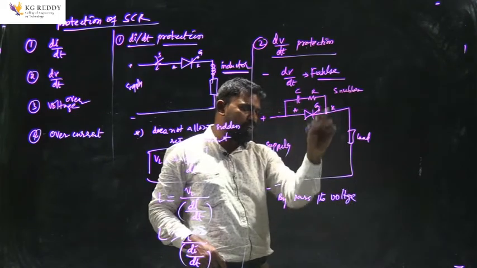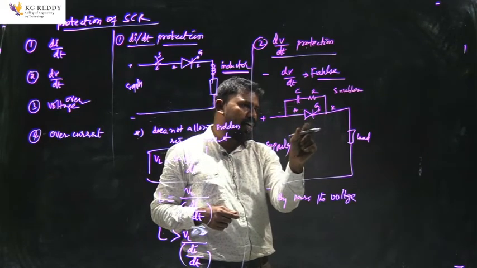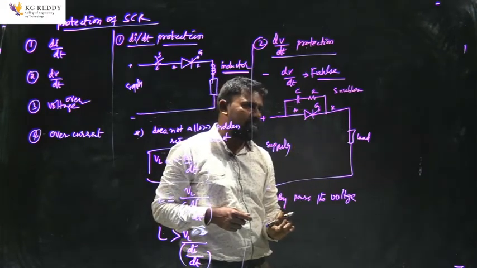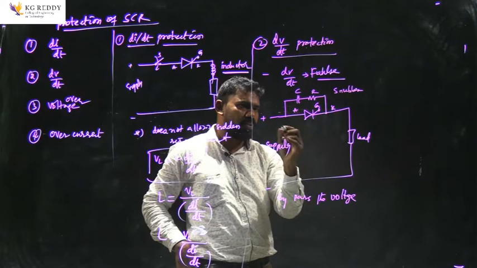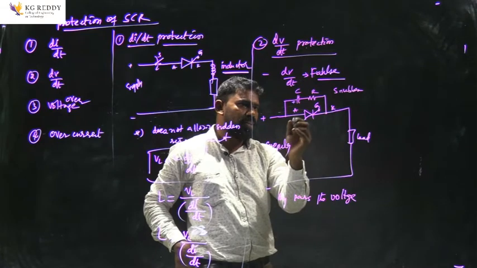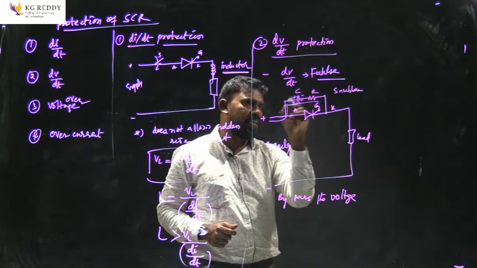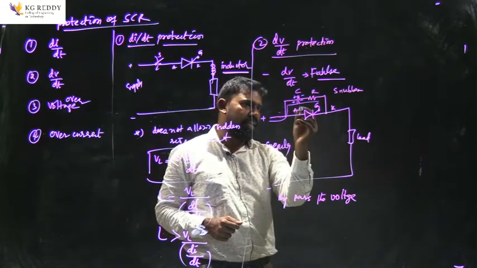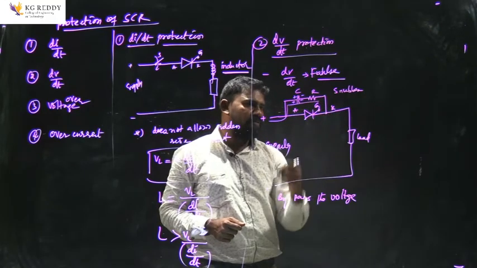When this circuit bypasses the voltage, only the amount of voltage required to turn on the SCR appears across the SCR, so the SCR stays in a safe condition. Now you can see here, when a sudden rise of voltage occurs in the circuit, the capacitor will charge due to this sudden rise of voltage. The capacitor charges like this: this is the positive and this is the negative terminal. Whenever there is a sudden rise of voltage in the circuit, the capacitor bypasses the voltage and provides the protection for the SCR.